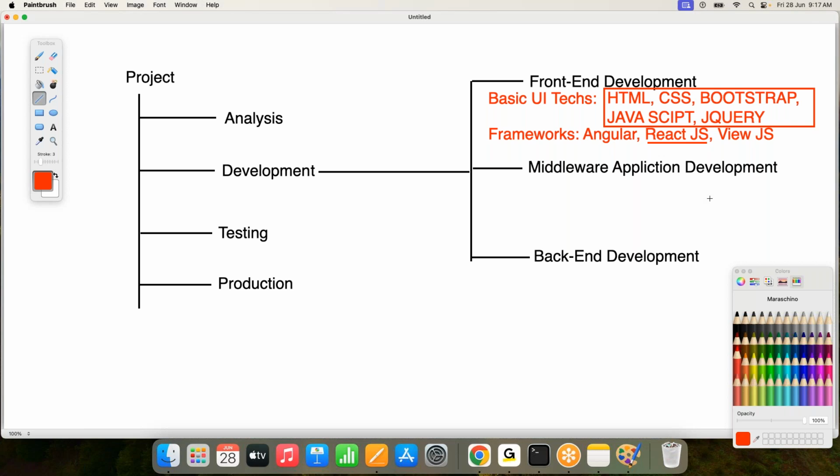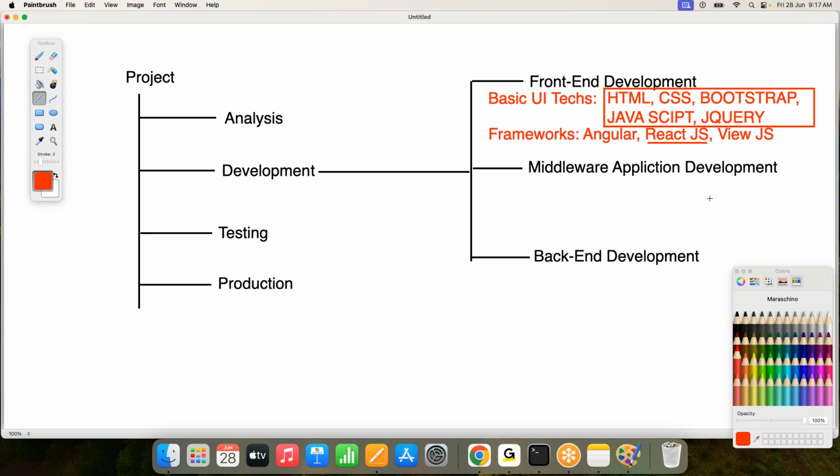All right, sir. Then how are we going to prepare that middleware application development? How is it possible to provide these middleware applications clearly? To prepare these middleware applications, we are going to use a set of technologies. To prepare the server-side programs, what set of technologies are we going to use? A number of alternatives are available. What are the various alternatives?